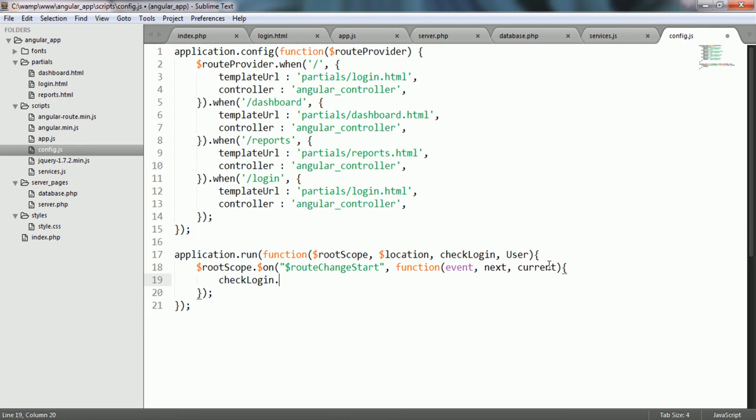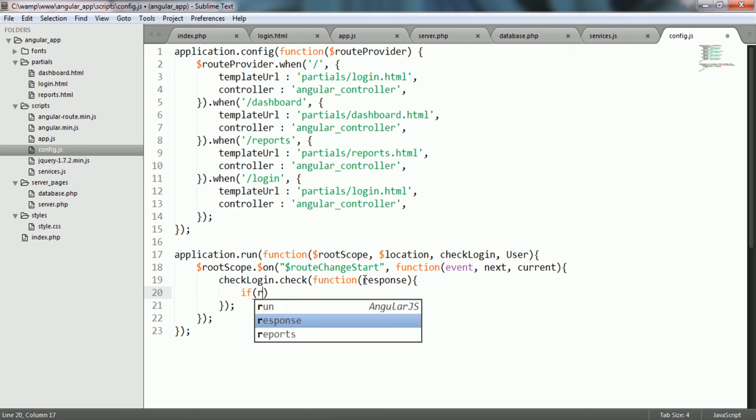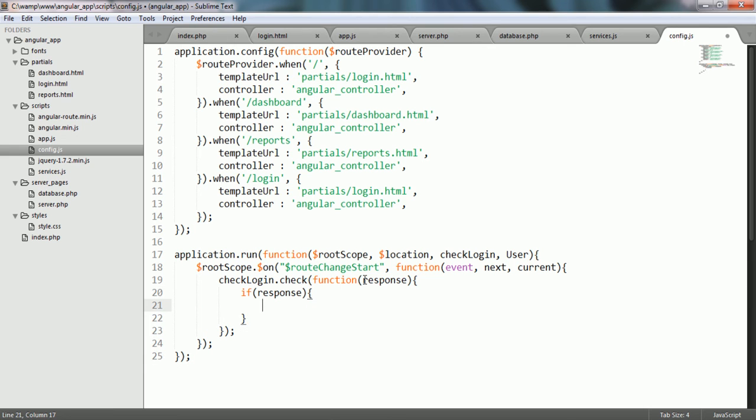And inside the body of this function, I call the check function of the checkLogin service. I pass an anonymous function as the parameter to this check function. And here I write the response which comes from that service. Inside the body of this function, I say if the response is true, I receive the next URL